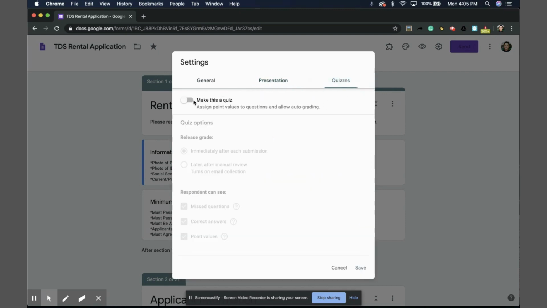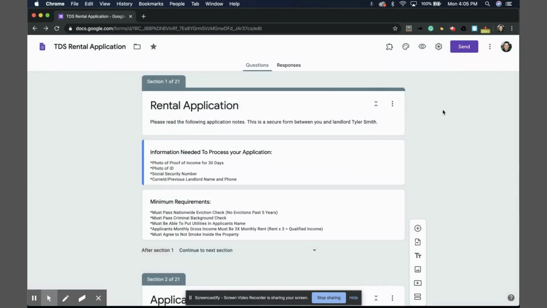And there's a little quiz section. I don't use quizzes. I guess if you're a school teacher, this would be good for you, but in this case, we don't need that. So save those settings, jump out,